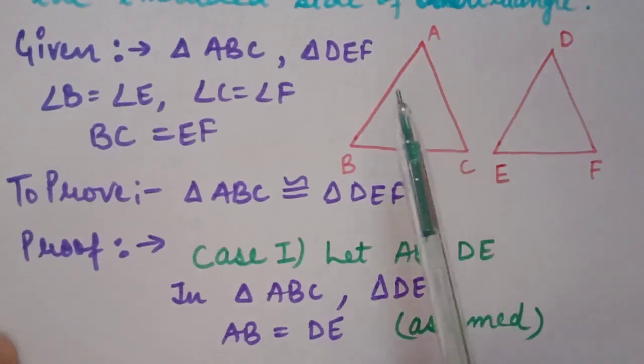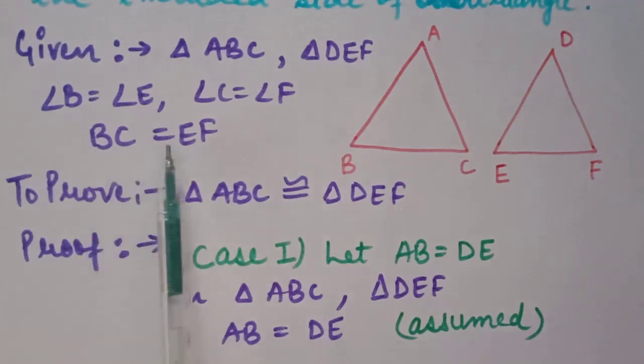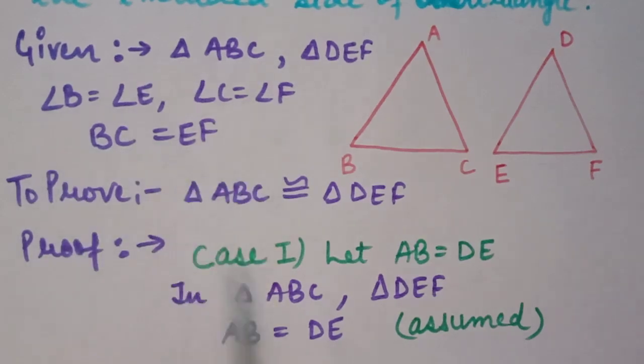So now we are going to prove that these two triangles are congruent. These 3 elements are given and we have to prove this. So students, now you are thinking that ma'am said we need 3 elements, and already 3 elements are given, then what do we have to prove? Students, these 3 elements are already given, but we can't use all these 3 directly. We try to prove this theorem with another method. In this chapter we only know one method, axiom 7.1, SAS congruence rule. So we will follow that rule only in this theorem.